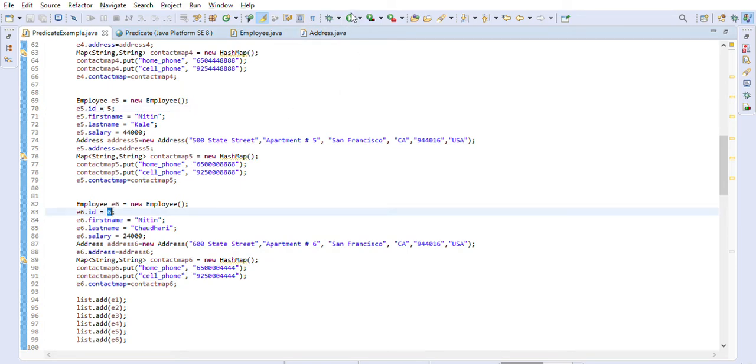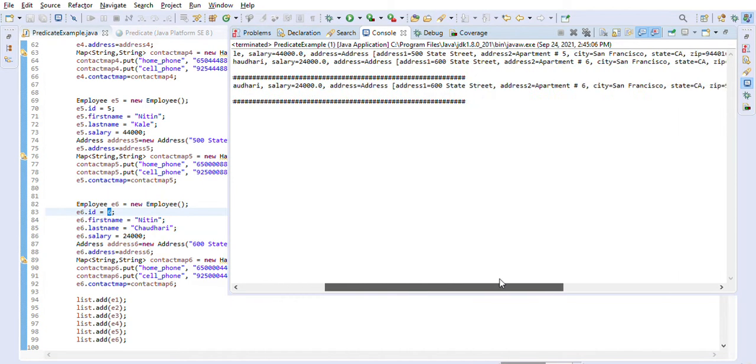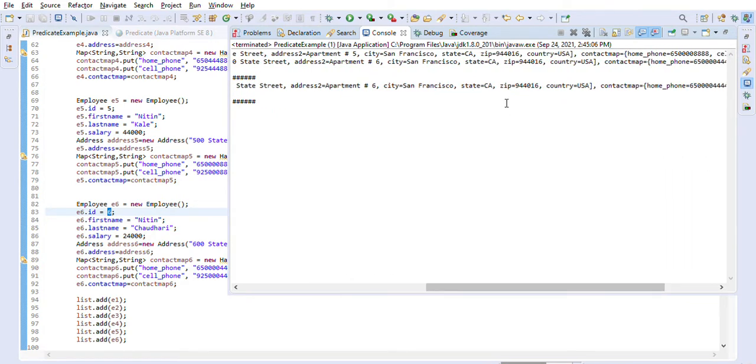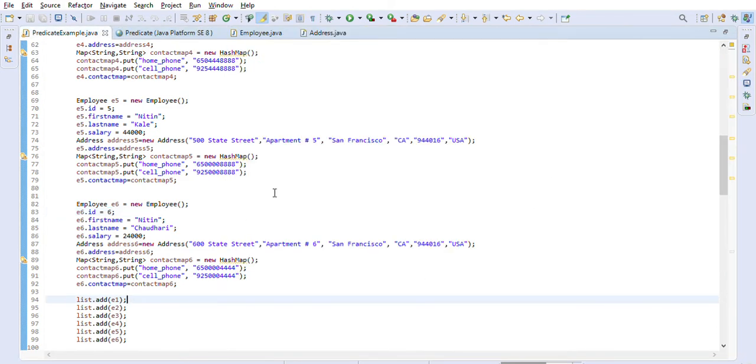That's what we should get when we filter it. As you can see, we are getting it correctly. ID is 5 and 6, and the zip code is 944016, here also 944016. So it is correctly giving us the result when we are filtering.